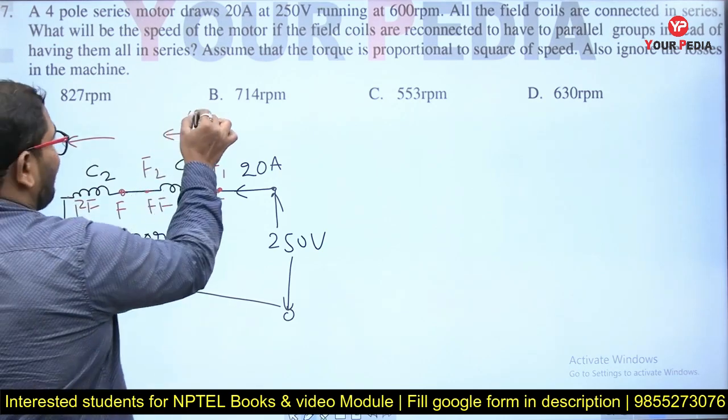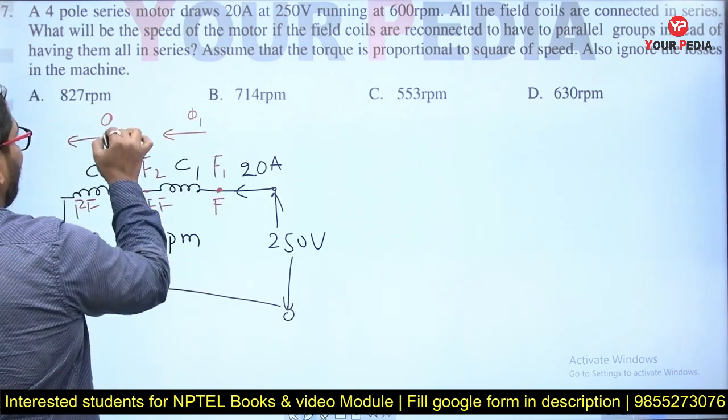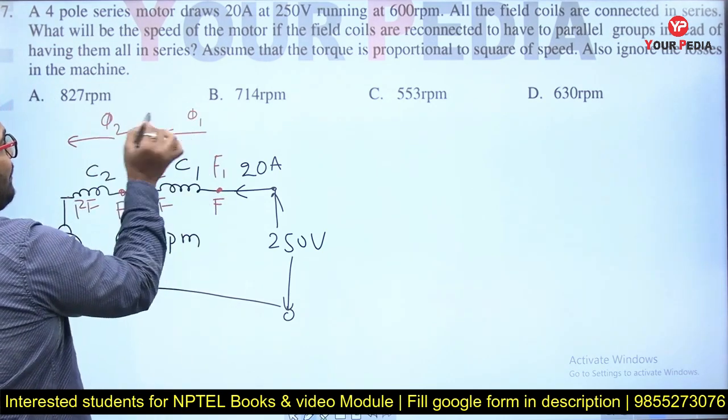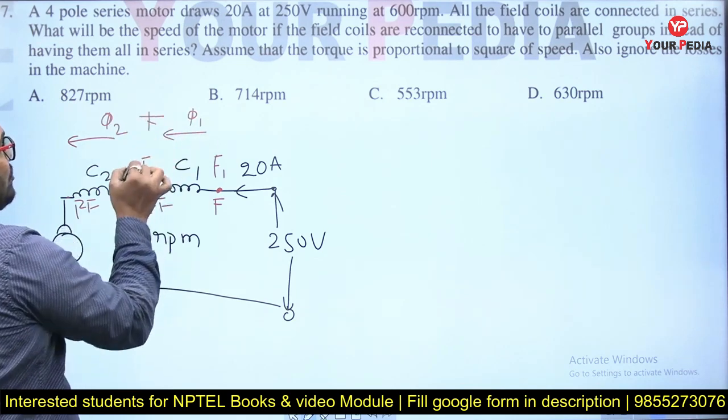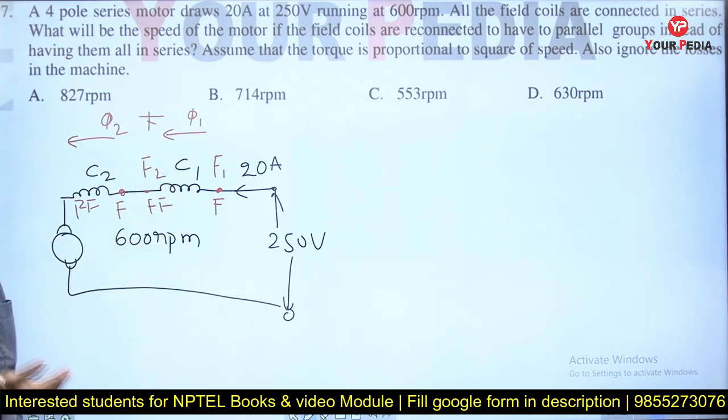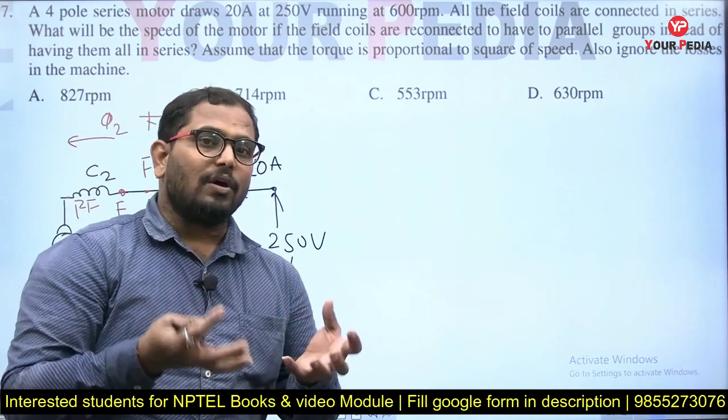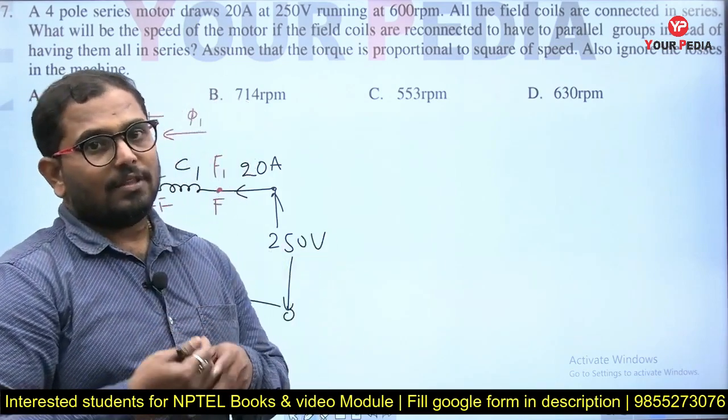So let me take this as flux pi 1, this as flux pi 2. So pi 1 and pi 2 both are in the same direction, so the flux is aiding. We call the flux aiding. So a higher value of flux is there. Then what will happen to